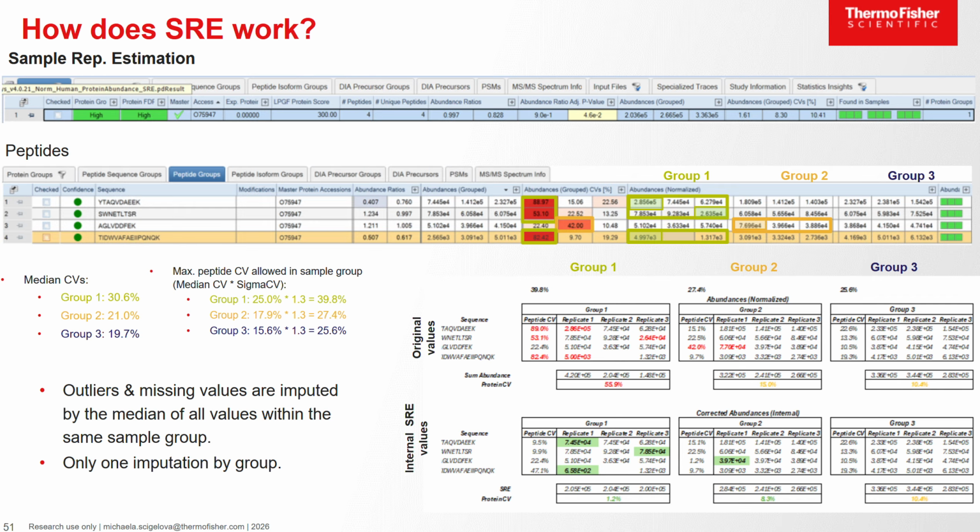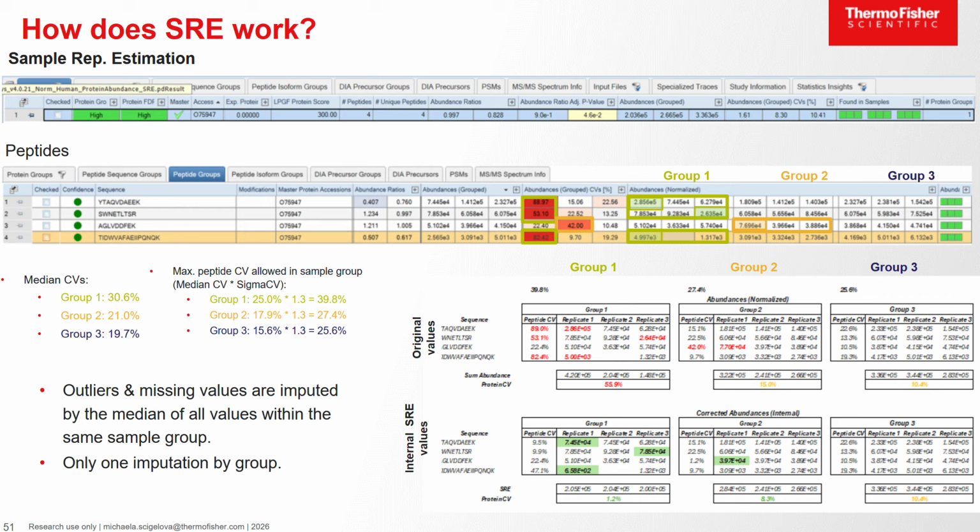Our 88.9 definitely lies outside. And you go through all the values you have like that. And then the software steps in if you have selected sample replicate estimation and will replace the outlier, maximum 1 outlier per group, with something it will impute in there, and it will be the median of all values within